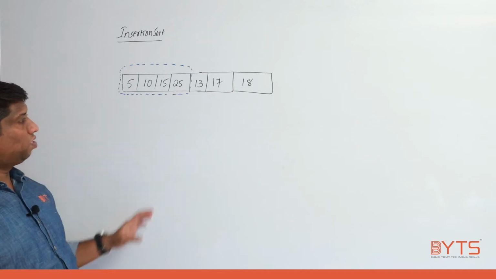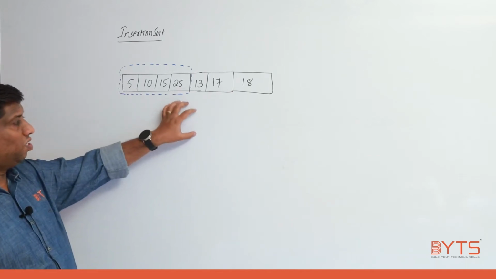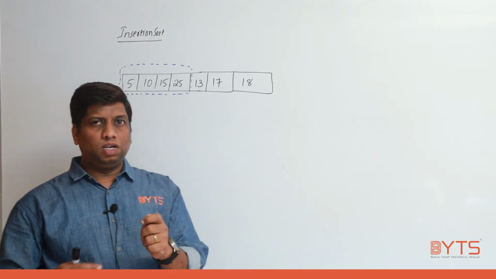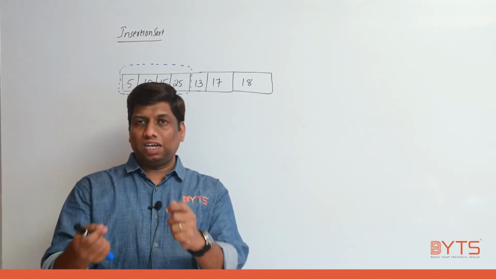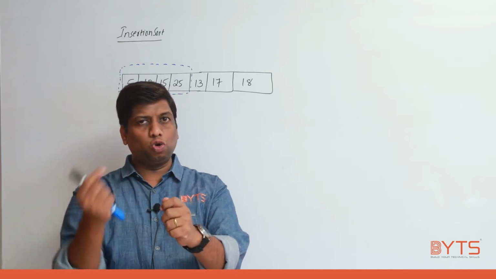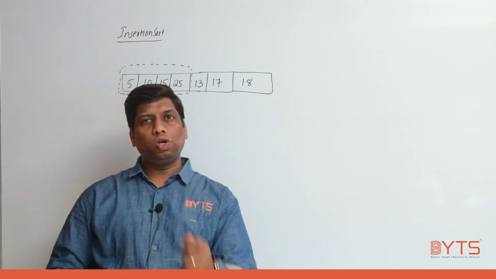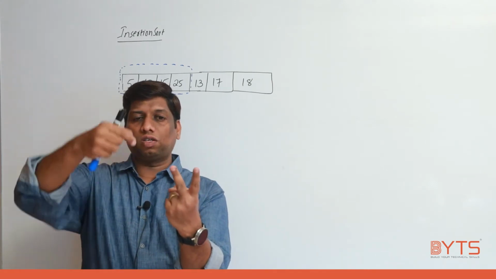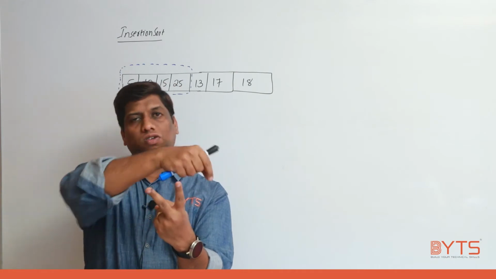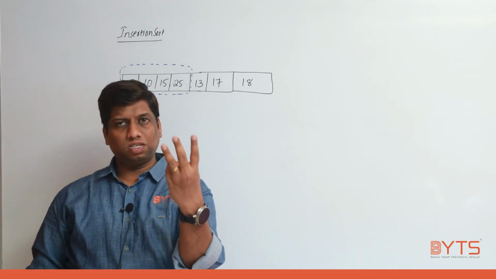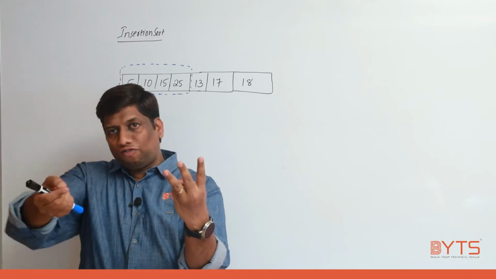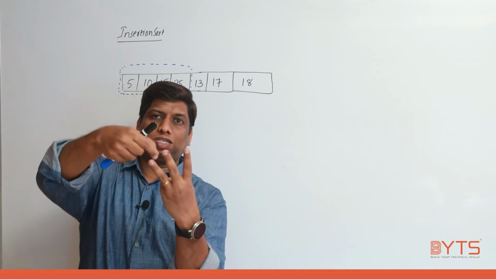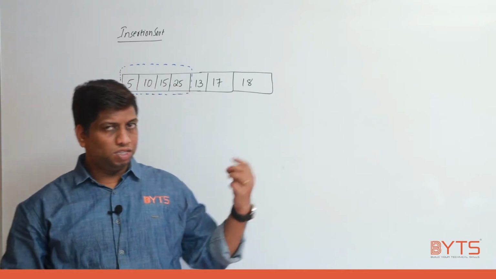Now see, how insertion sort works is, the background of insertion sort is this mechanism. I will take the first card. When I take the second card, you have two possibilities. That could be inserted left side or right side. Now you have two cards. Whenever you take the third card, you have three slots. It could be first slot, second slot or third slot, right? Whenever you have three cards, three are sorted. Now when you take the fourth card we have four possibilities. It could be in the first location or second location or third location or fourth location. That's what I am telling.